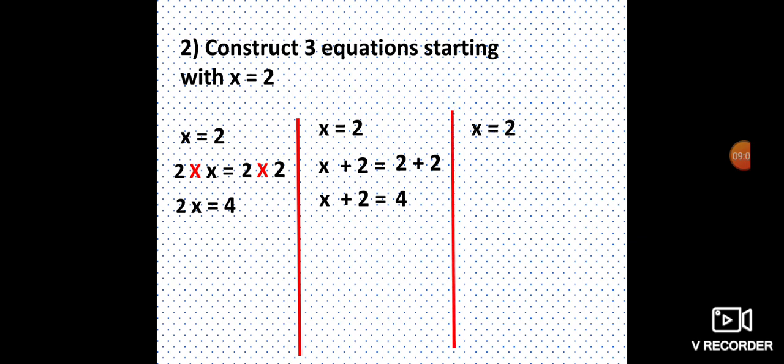Our solution is x equal to 2. Next, x minus 2. We subtract 2 from LHS and we subtract 2 from RHS. 2 minus 2. x minus 2 equal to 2 minus 2, which is 0. Very simple. We do the same thing in LHS and RHS. We can use any number, 100, 1000, lakh, any number. We can add, subtract, multiply or divide by any number, then form an equation.